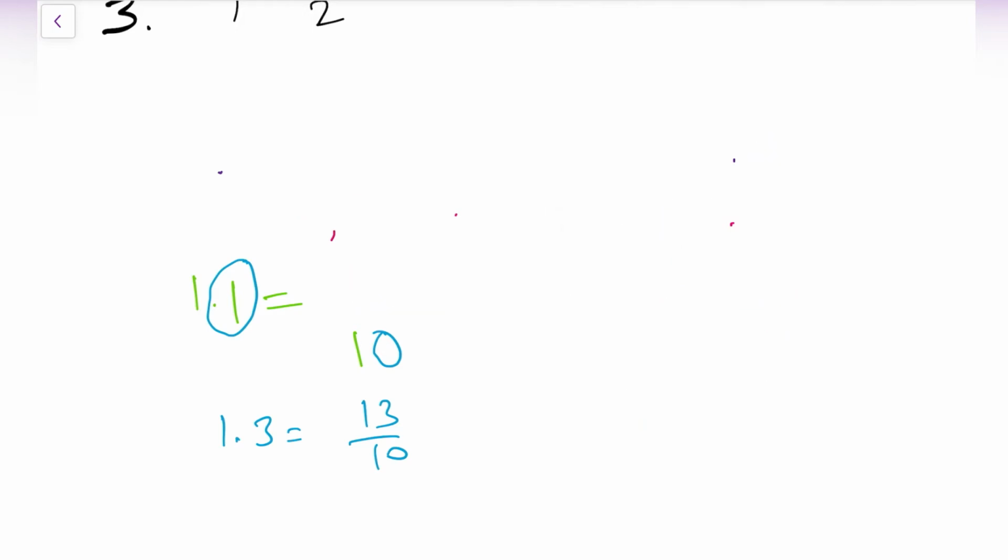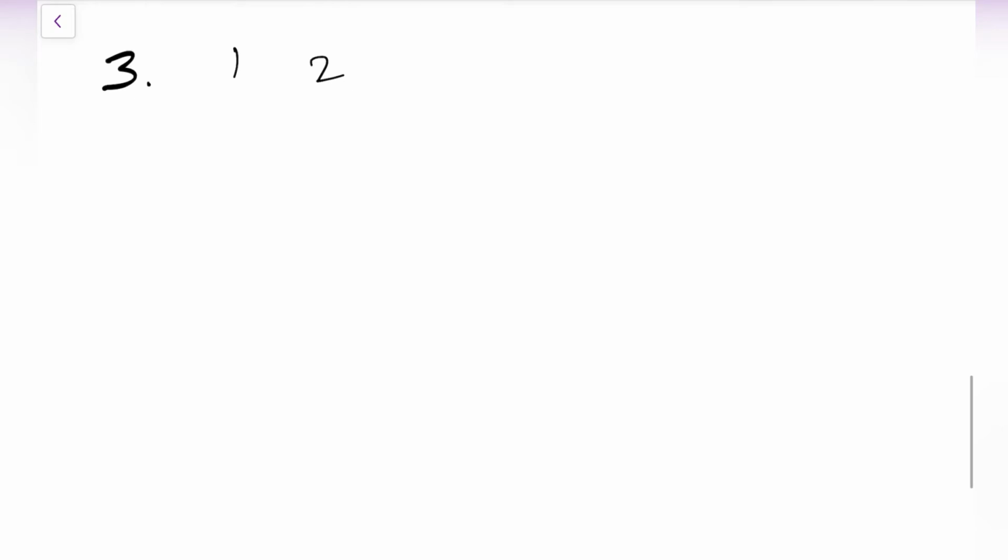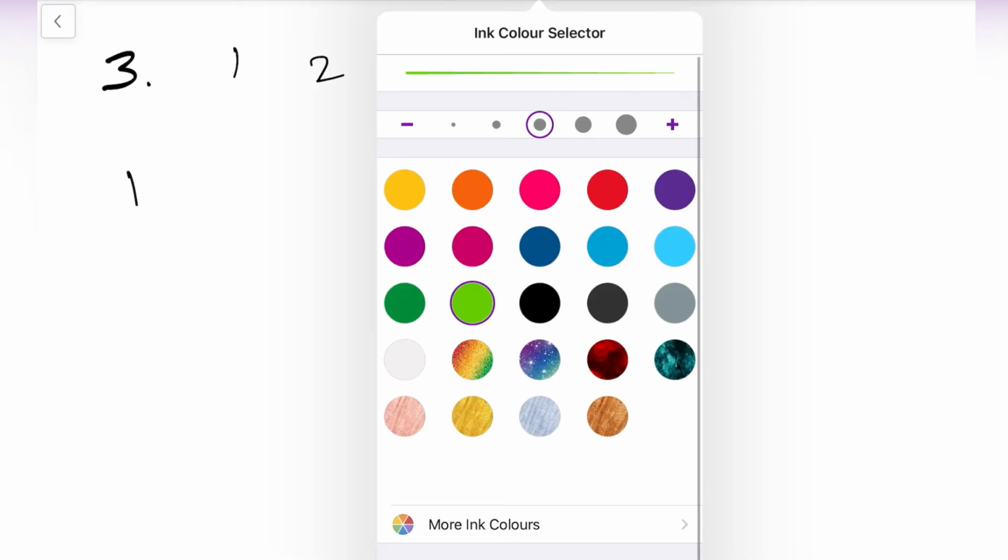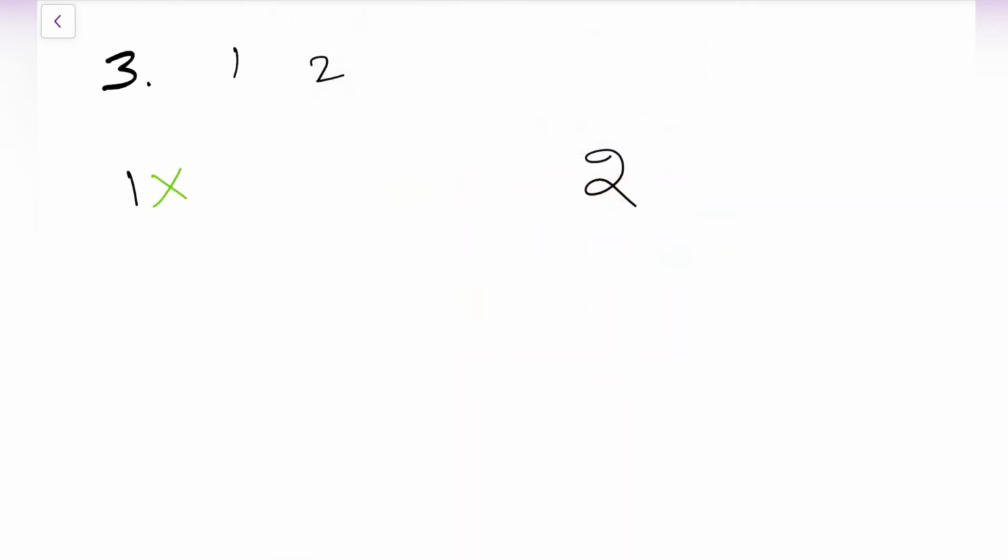This second method is called multiplying and dividing the given numbers by some particular number. Okay, let us check it out. First number is 1 and second number is 2. Multiply and divide by any number. For example, I am going to multiply and divide by 5. This 1, if we are multiplying and dividing by 5, this 2 also we need to multiply and divide by 5 only, compulsory.